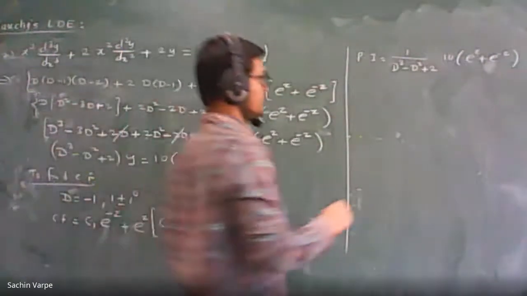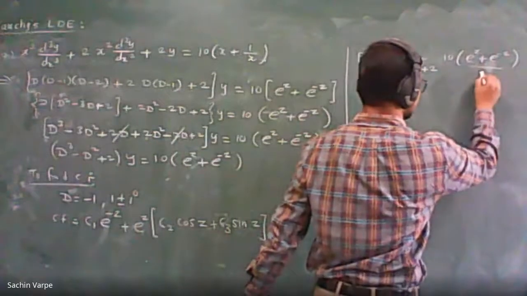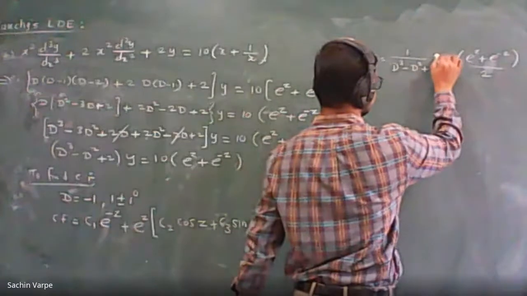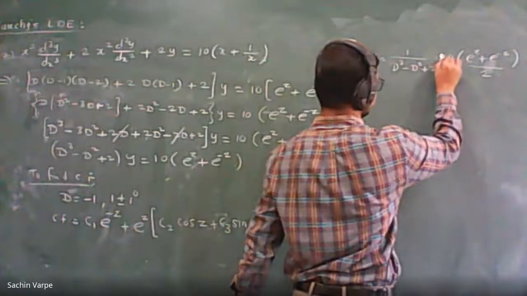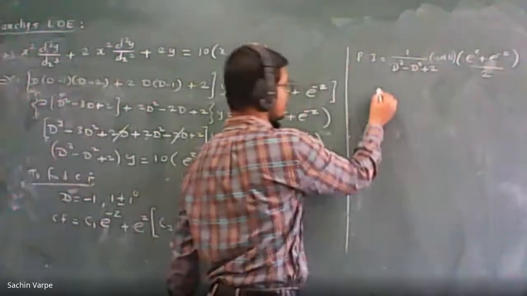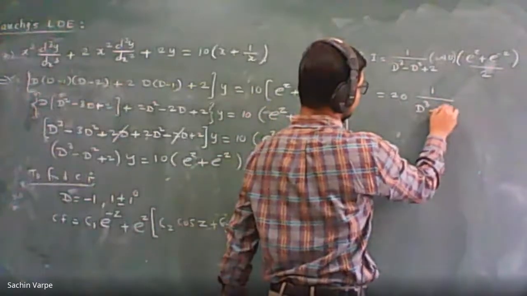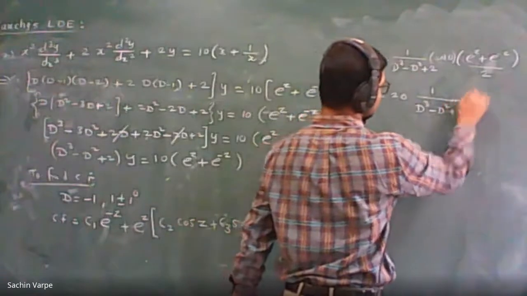When I multiply and divide by 2, then that will be 20 times 1 upon D cube minus D square plus 2 into,